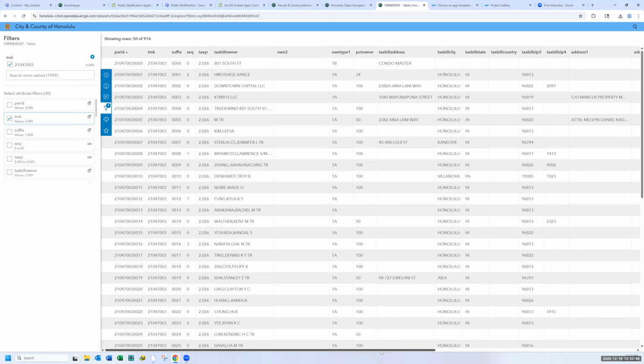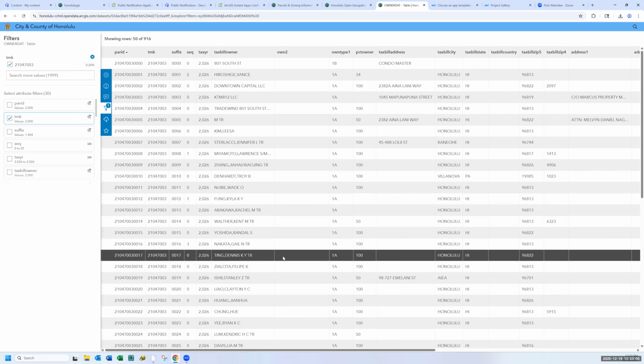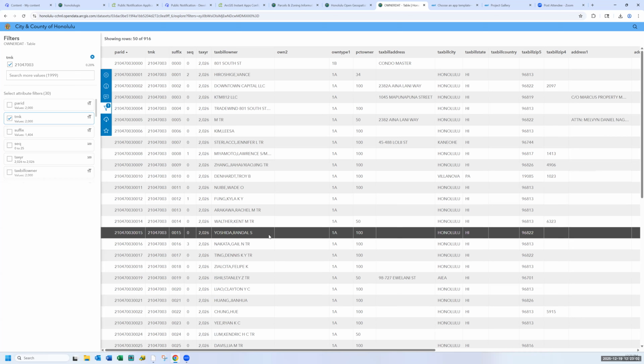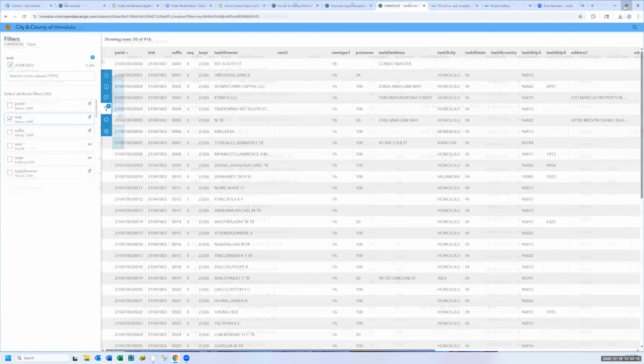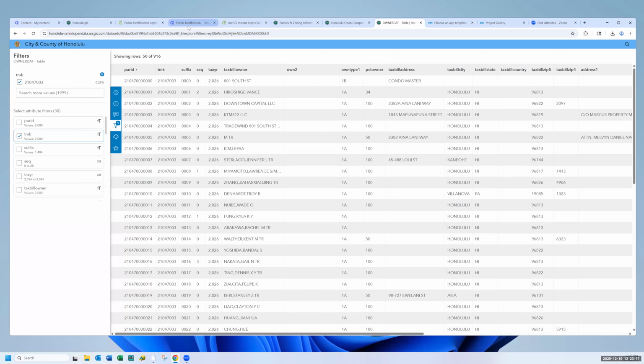They might ask you to provide a little information, like what you are using it for, as well as your contact information, but they should be able to provide you with that information. If you had a ton of TMKs and a ton of owners, it might be more efficient just to send Real Property the list and they can look it up for you. Now, moving on to how we made the app.